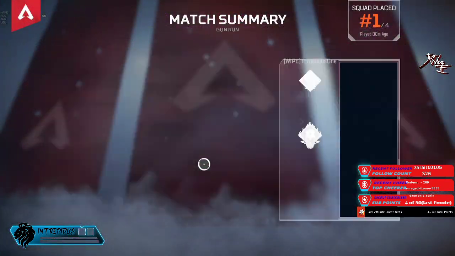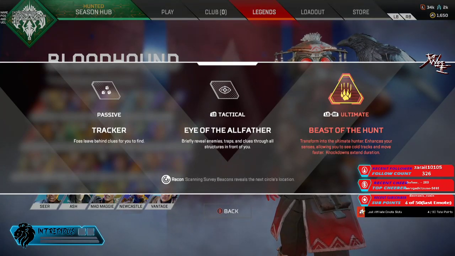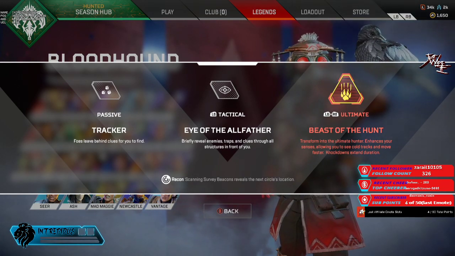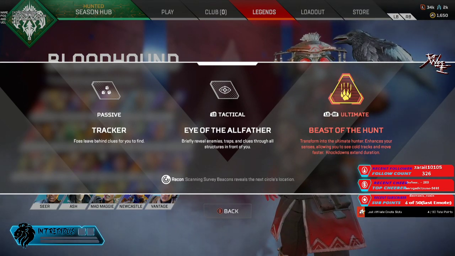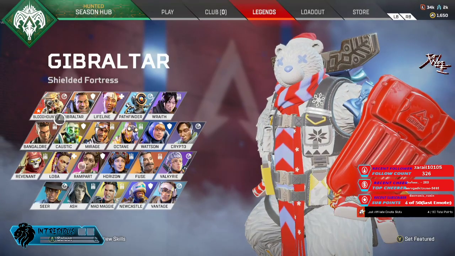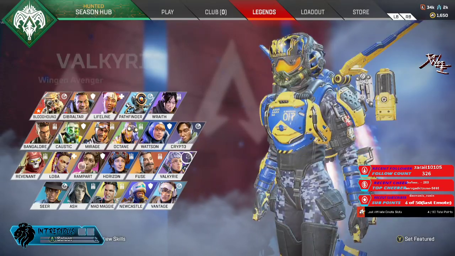Now we're done with that game. Obviously you guys saw how it plays. We can actually go in here and view the skills. So as with all recon legends, Bloodhound can scan the survey beacon. They're the little T-shaped robot type looking thing. They randomly spawn throughout the map on points of interest. All the recon characters can, so they've got this little recon symbol here. So Bloodhound, Pathfinder, Crypto, Valk,